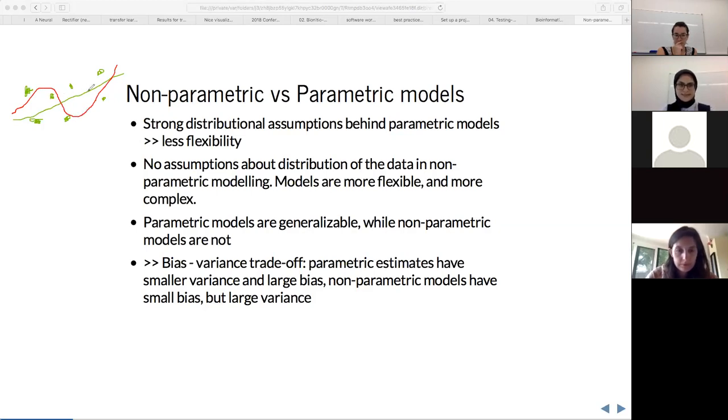And so typically the estimates that come from this green line, or your parametric methods, the bias, which is the difference between the expected value of your estimate and the true estimate, is typically large, but the model is adaptable, so the variance is small. Whereas if you take this red fit